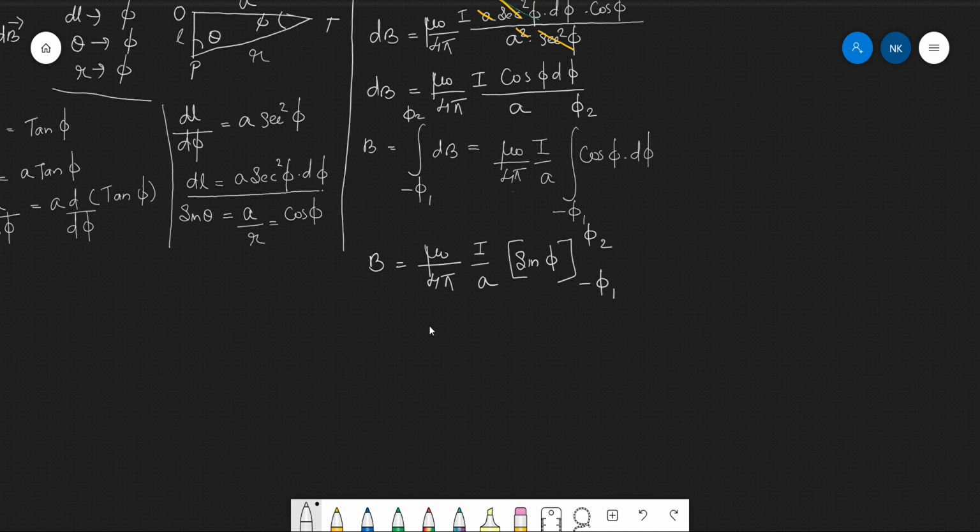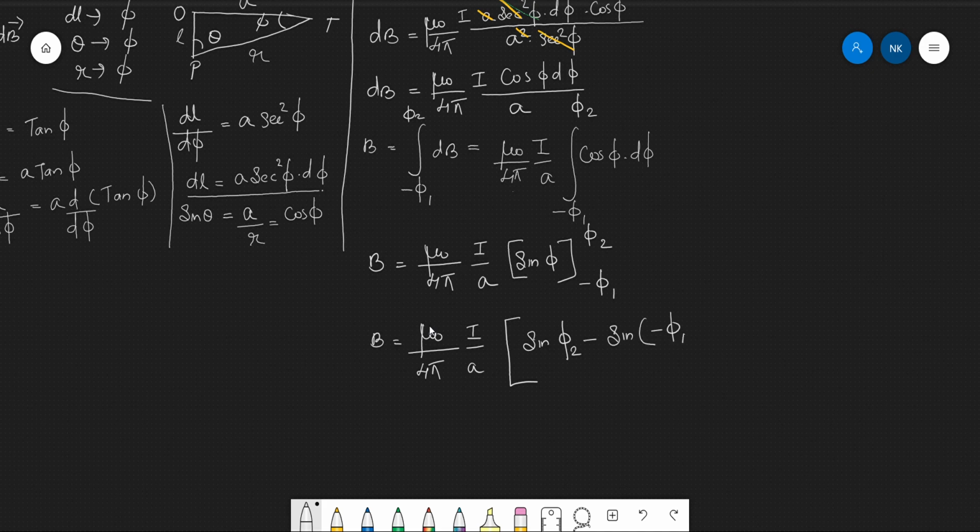Alright, that is B equals mu naught by 4 pi I upon a into the upper limit, that is sin of phi 2, minus the lower limit, that is sin